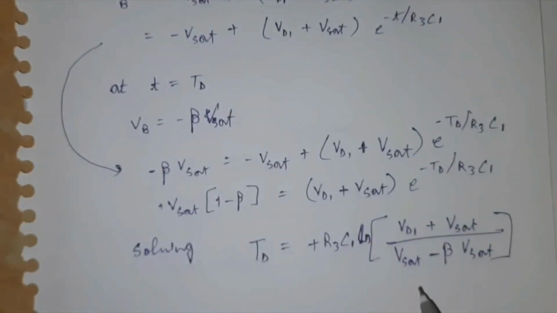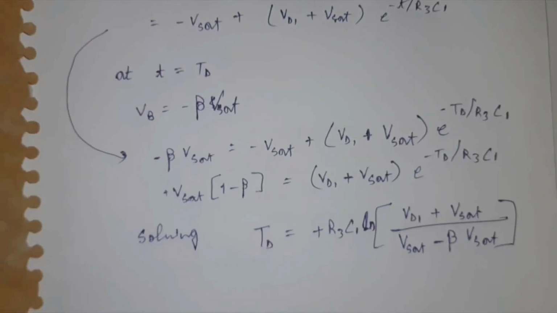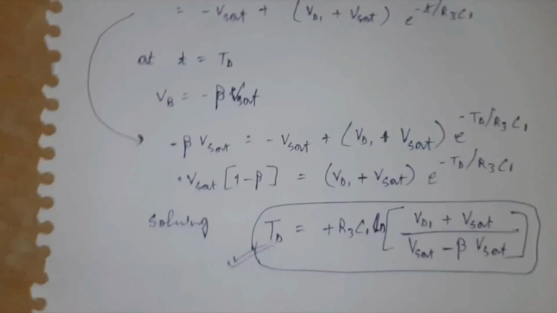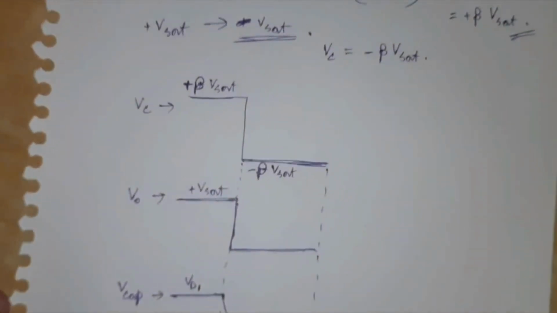So you will get this term. Suppose you take the diode drop VD1 to be 0. Then this term will vanish, plus V sat cancels, and it will be 1 upon 1 minus beta. So this is the discharge time till which this capacitor